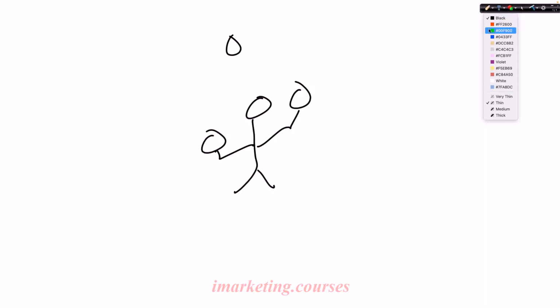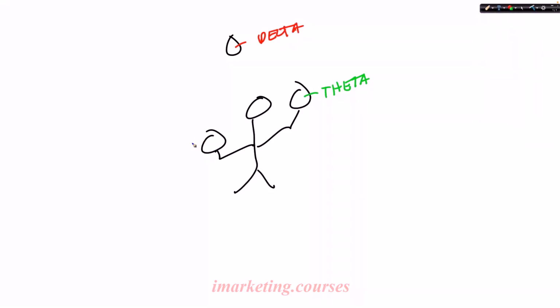The first ball he's going to juggle is called theta, and he's got to keep track of that. The second ball he's going to juggle is called delta, and he's going to have to keep track of that. And the third ball he's going to juggle is called vega. The reason these are so important is these are the three things that can change the premium